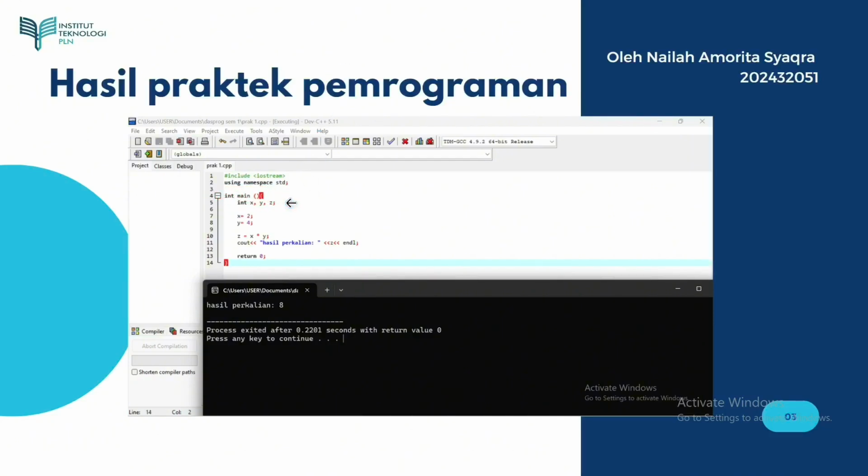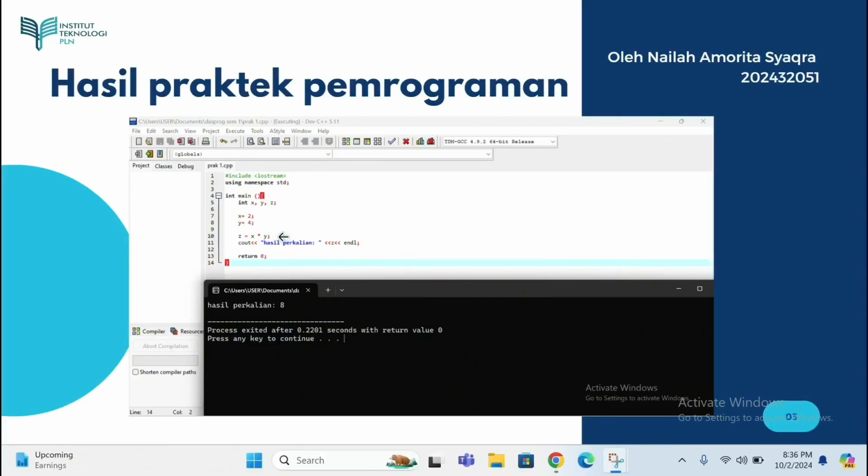Okay, the next line declares three integer variables, namely x, y, and z. The next line assigns the value to the variable x. Okay, for this line it assigns the value 4 to the variable x. Okay, for the next line it performs a multiplication operation between the values x and y,